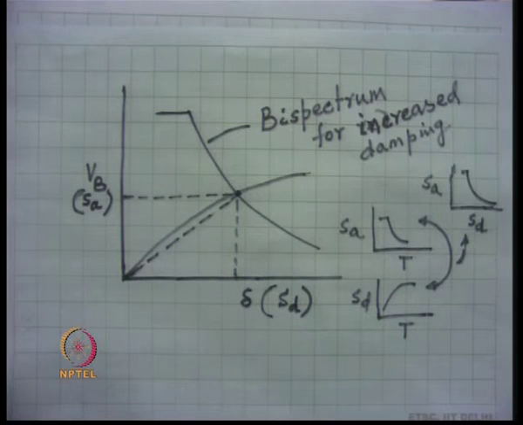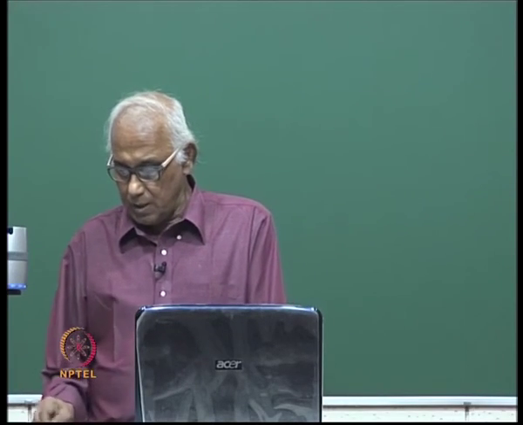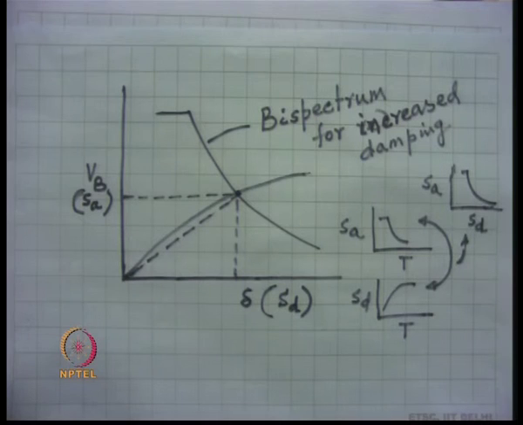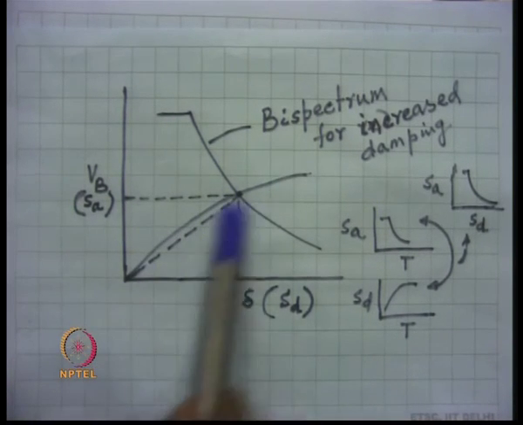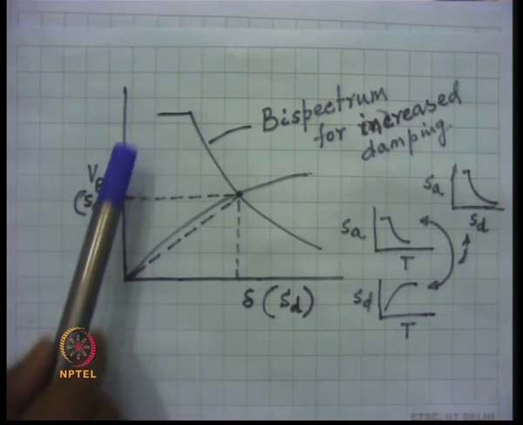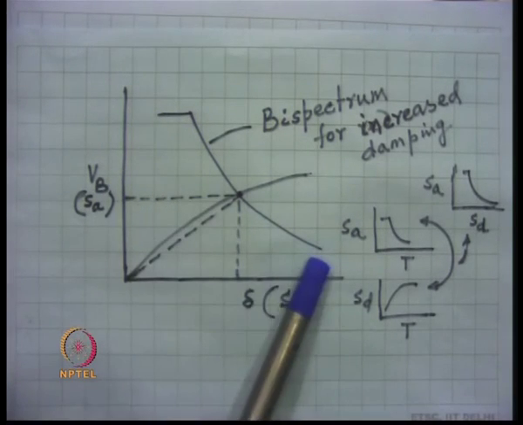The load is given by Vb and the displacement is given by delta. So, one can find out a performance point like this; this is a load deflection curve, and one can have a bispectrum